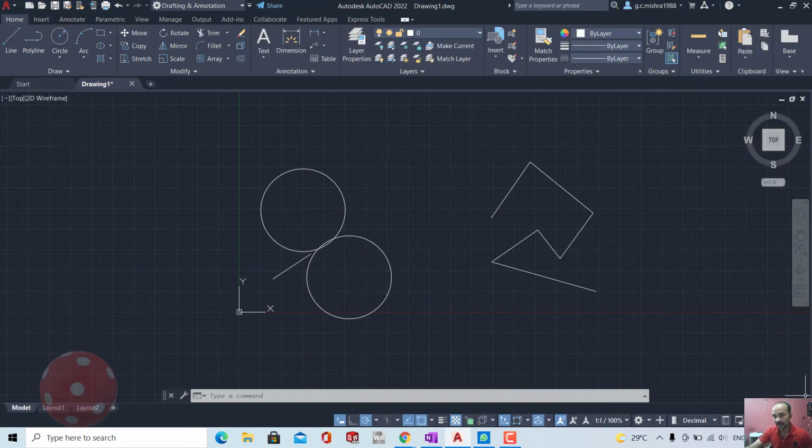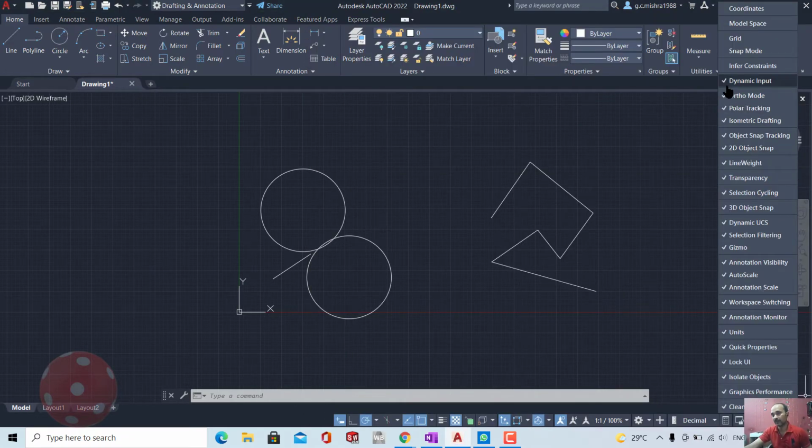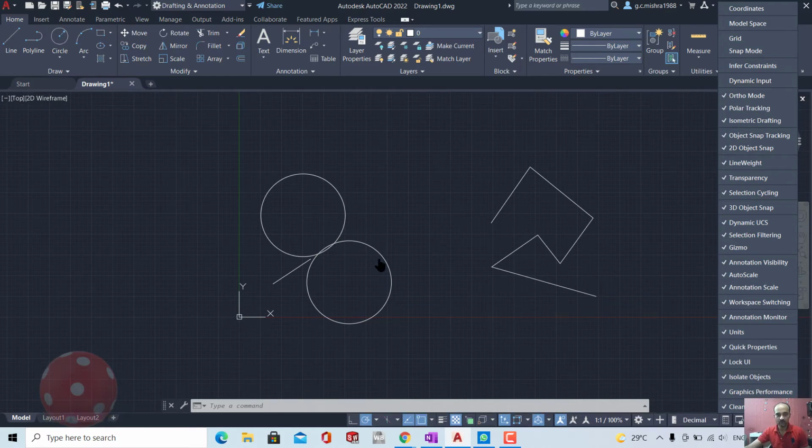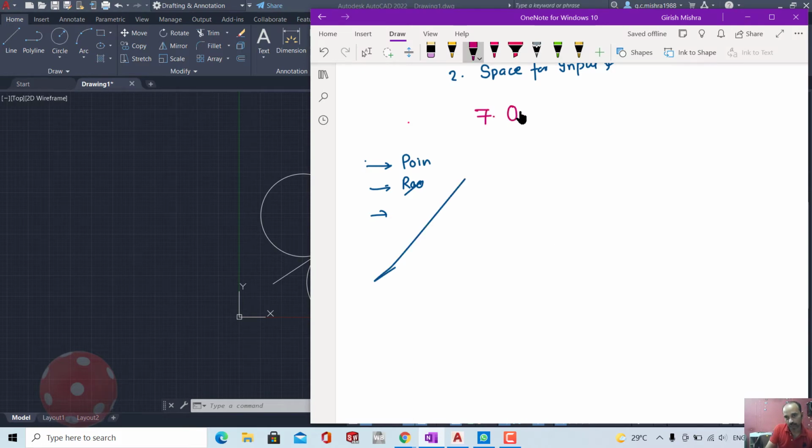So I will be turning the dynamic input off and moving to next one, that is called ortho mode. The seventh one is ortho mode. Ortho mode is basically that your cursor can move in either horizontal direction or vertical direction only.